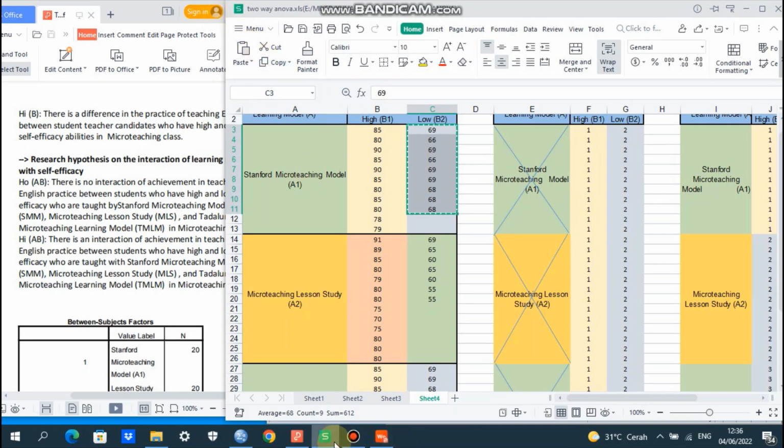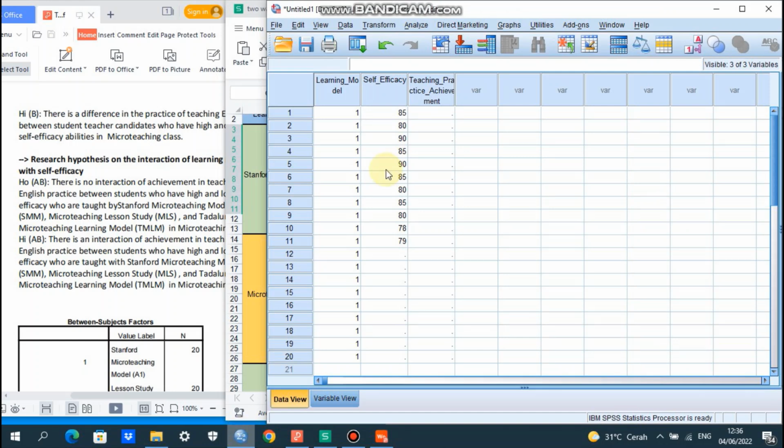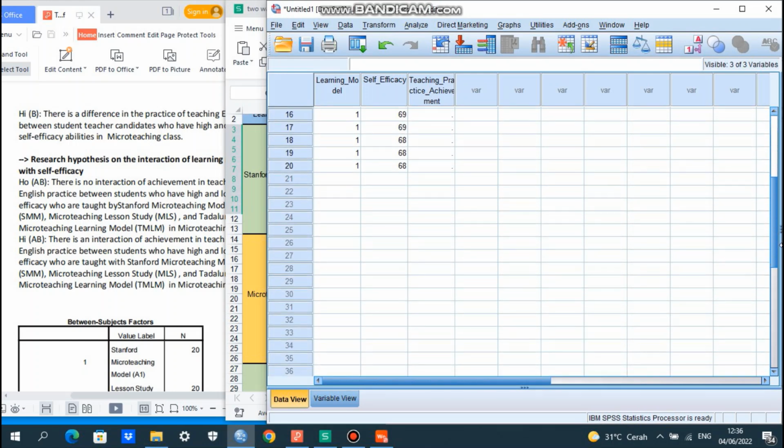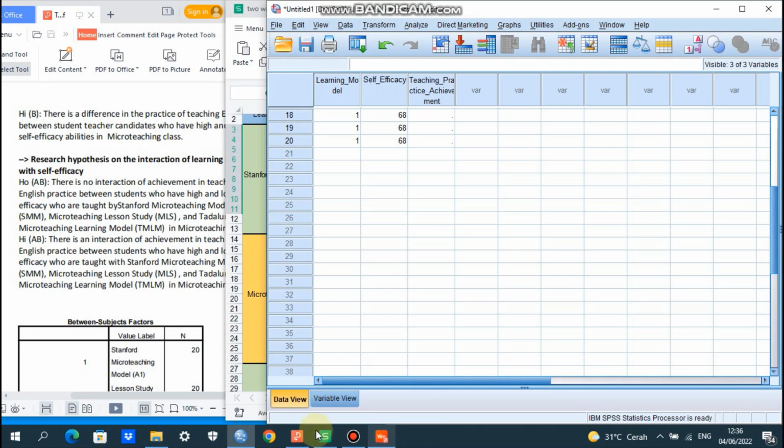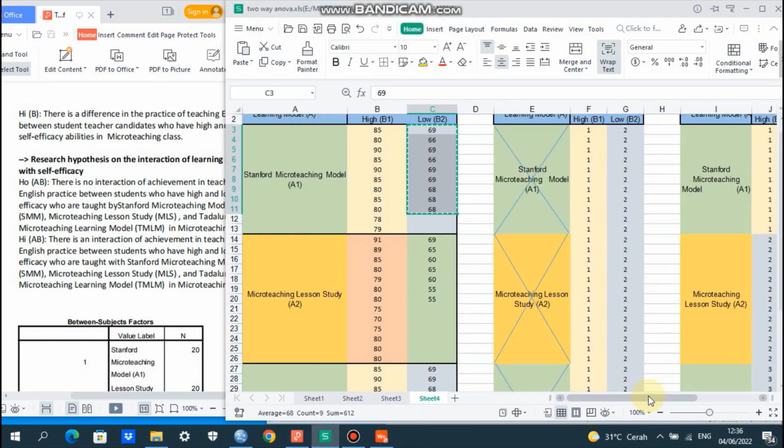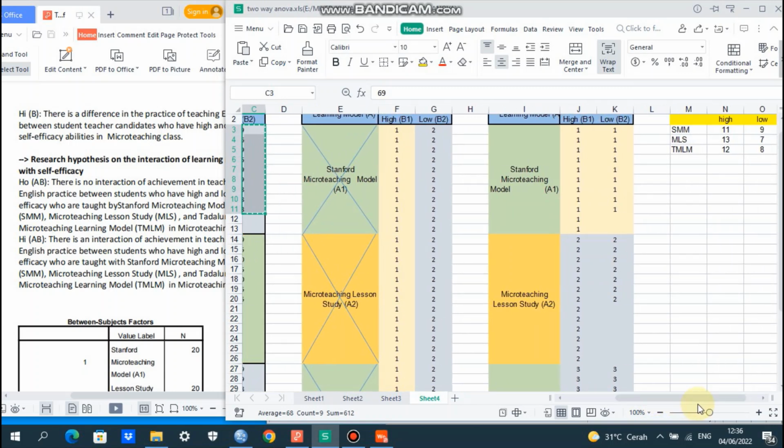Okay, we paste it here, and then we go to micro teaching lesson study. The code is 2.